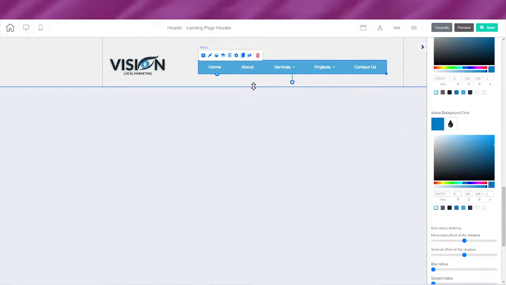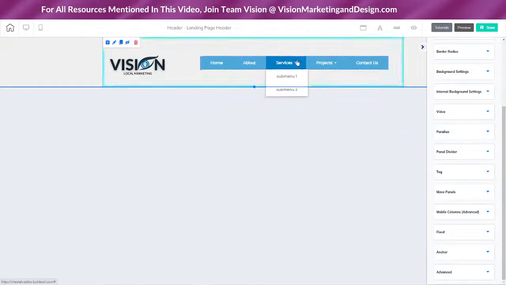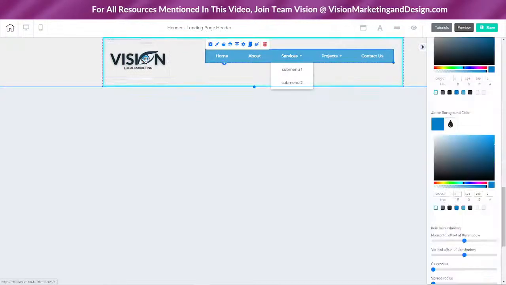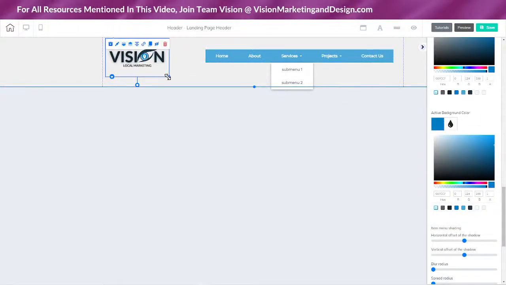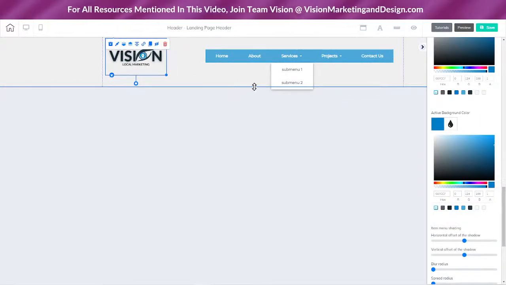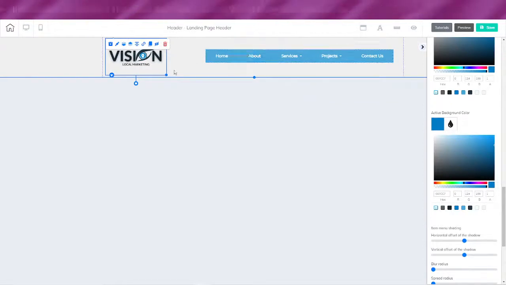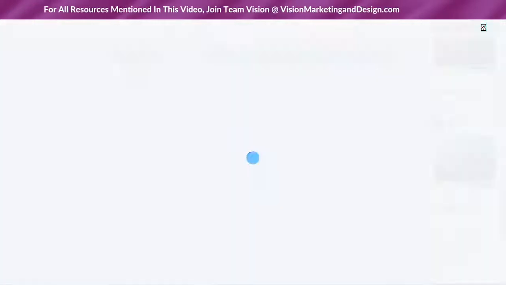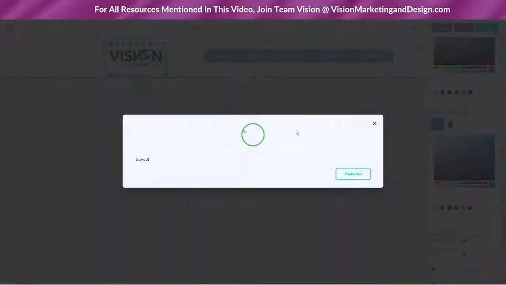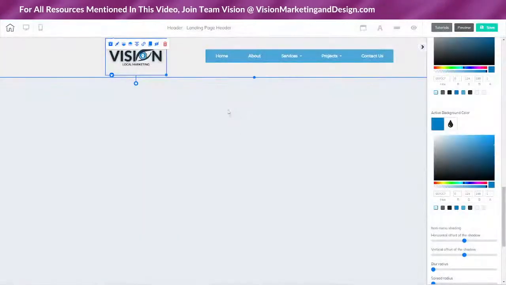But I actually want to just keep this here because they do have it kind of formatted. But there's definitely one more thing that I want to show you with the header, because this is also something that confuses people a lot. So let's go ahead and save. I typically don't worry about the mobile view until after the second mock. But there are times that you do need to worry about